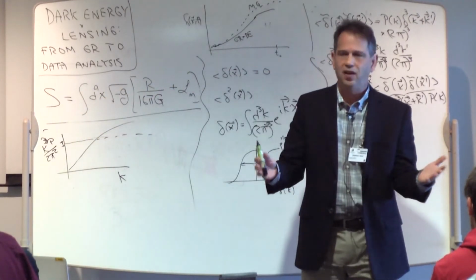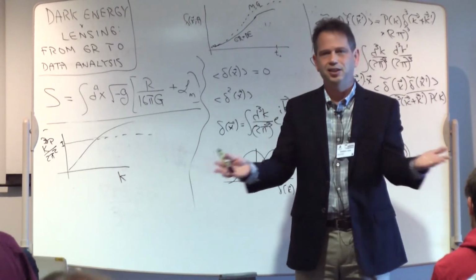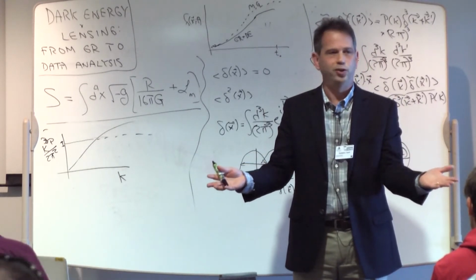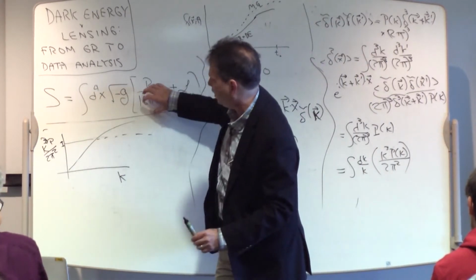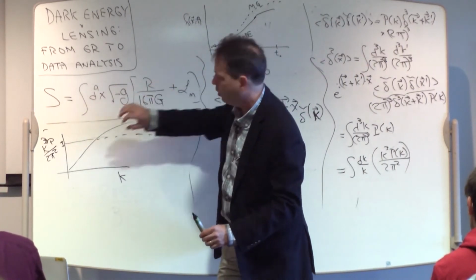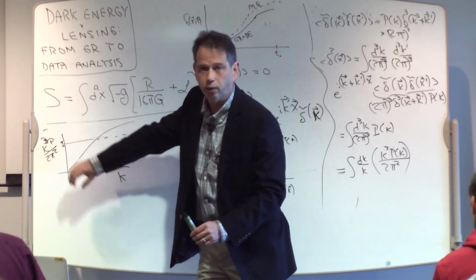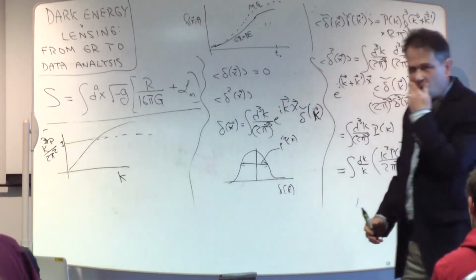And that's reflected in the fact that we are here. The density in this room is 30 orders of magnitude larger than it is in an average place in the universe. So on very small scales, this thing is very much larger than 1. On large scales, it's smaller than 1. Any questions about that?